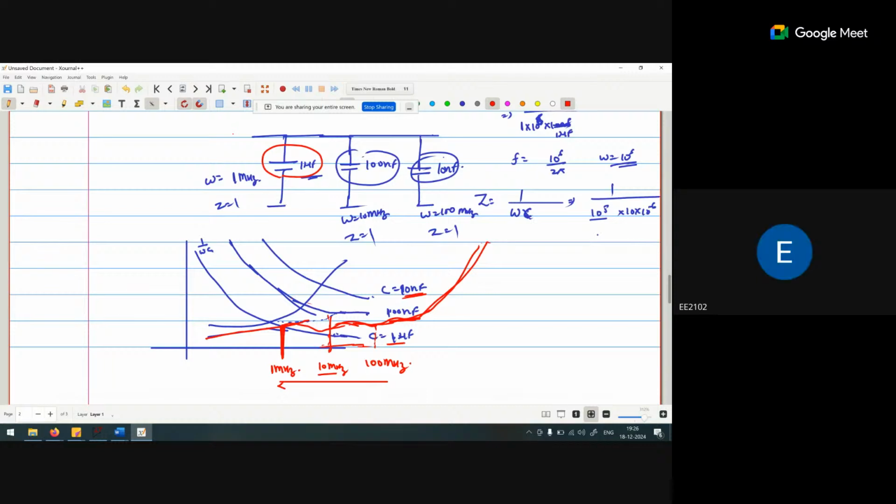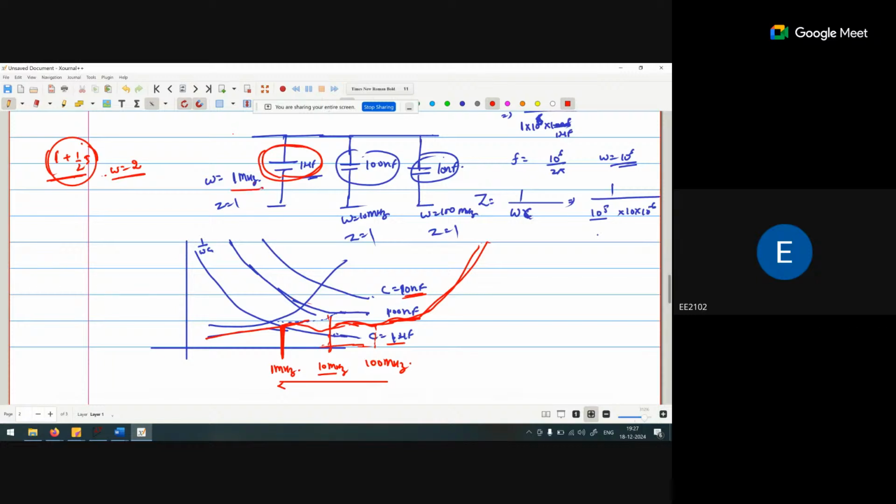Basically, if you are aware of the Bode plot, for example, if I have a component 1 plus 1 by 2s, what is the effect on the Bode plot? This particular pole will be at omega equal to 2. Before this omega equal to 2 there is no effect, and after this the effect arises. Similarly in this case, if this particular capacitor's impedance is minimum at 1 megahertz,